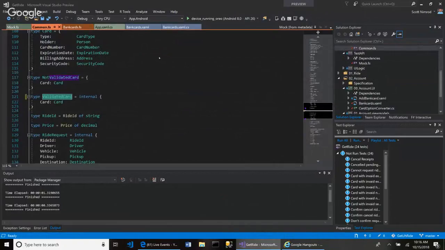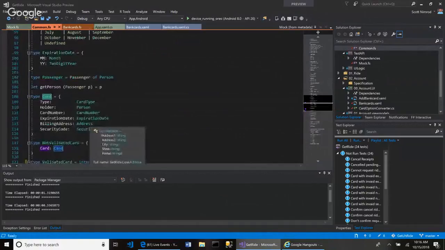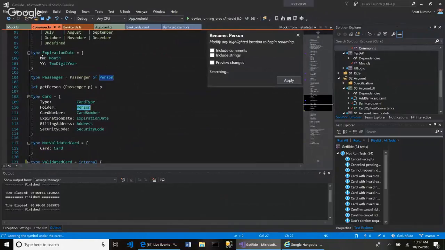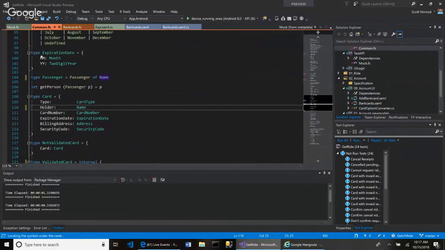What else? If I go back to this card type over here, I kind of feel like this person should be a name. This is misleading. So if I do Control R R and just say name, like that, and card number, like all this stuff is